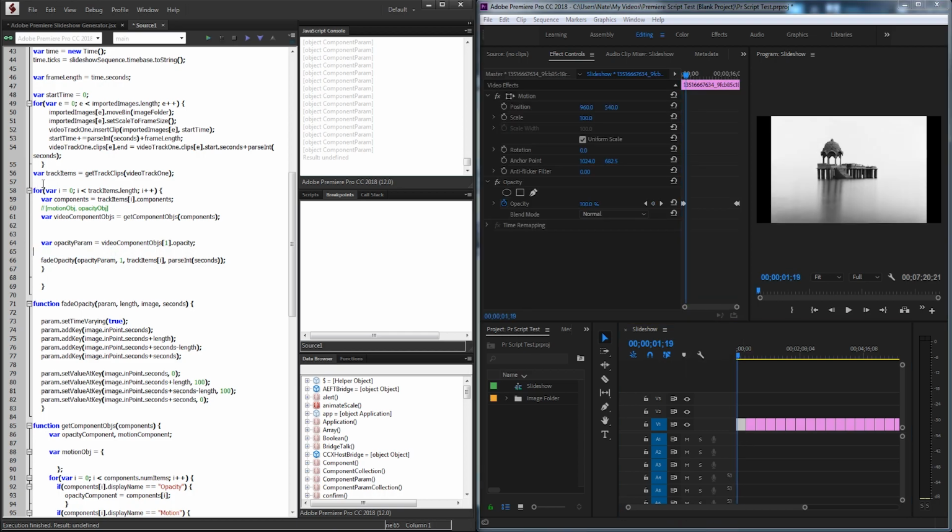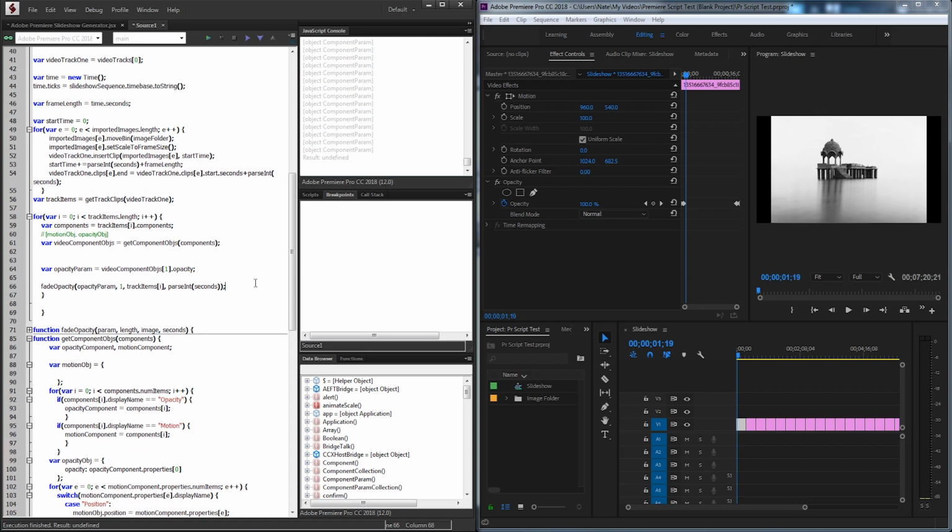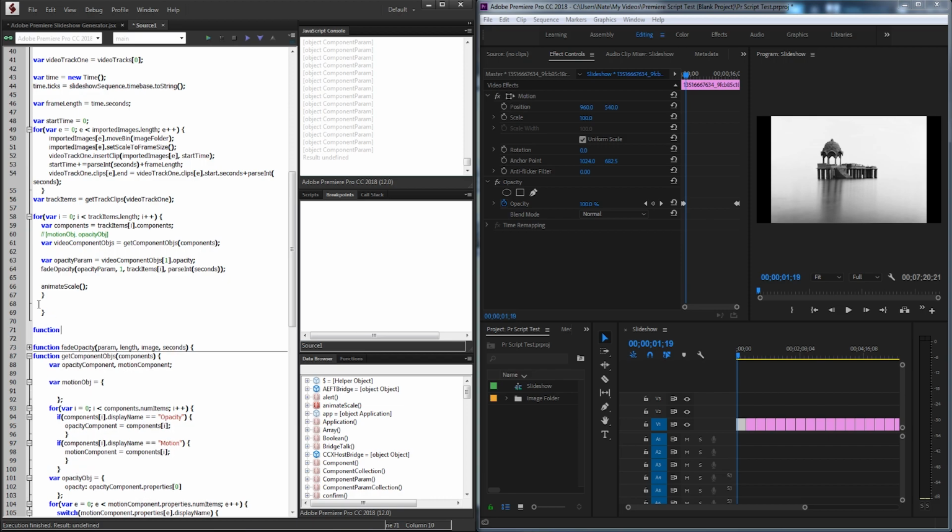Alright, now let's head back up a level. We'll head back into our main function below fade opacity. So below fade opacity, what we're going to do is go ahead and animate our scale. So I'll call a function called animate scale, and inside of this we're going to pass a couple of values very similar to previous. So below here again I'll define animate scale,